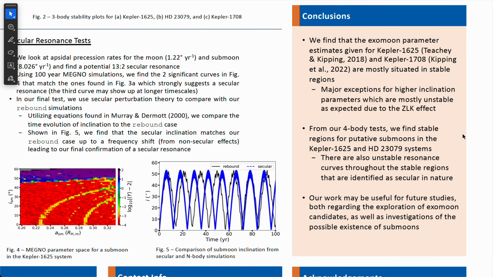Our main conclusions are that the exomoon parameter estimates given in the literature are mostly situated in stable regions, pointing to viable exomoons, with an exception for high initial inclinations, which are expectedly unstable. We also find stable and unstable regions for the putative submoons, with secular resonance curves throughout the parameter space. Our work will act as a framework for future exomoon candidate explorations, along with investigations into the existence of submoons